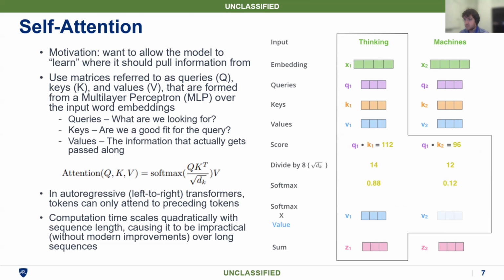The important thing is that this is an example of a non-autoregressive model, because we're at thinking and we're looking at a word after it. So this might be used for a categorization kind of task. In autoregressive transformers, tokens can only attend to preceding tokens. You can't look ahead because, one, maybe it's not generated yet, and two, if you're doing the training step and you do have the right examples of what's ahead, you don't want to cheat in a way that would make it poor at generating in general.